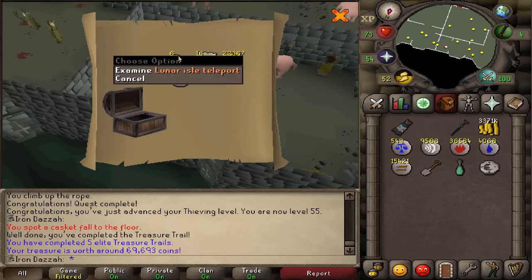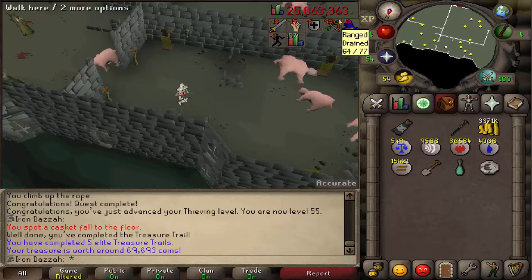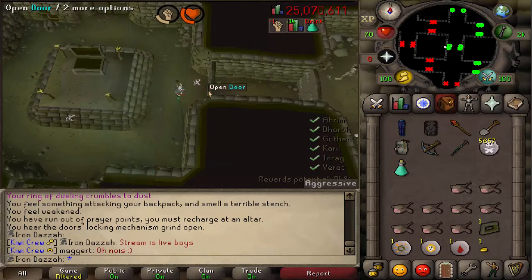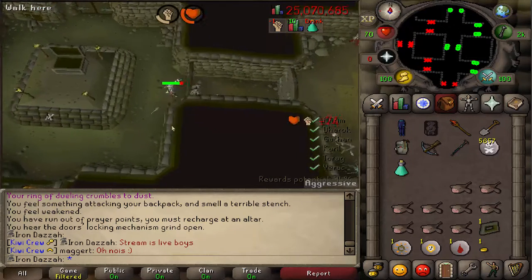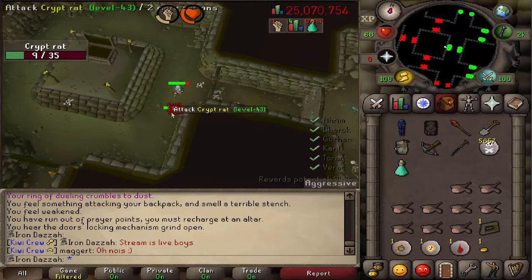Some Summer Pies, some Lunar Ire, Teleport, Soul Runes, and Coins. Pretty junk, but you know what? That's my 5th ever Elite Clue Scroll, and I'm pretty happy that I completed it. Considering the last chest that I got, it was an Elite Clue Scroll after getting a Barrows item. I consider that a back-to-back, because not only is the Elite Clue Scroll rarer, but I got it right after